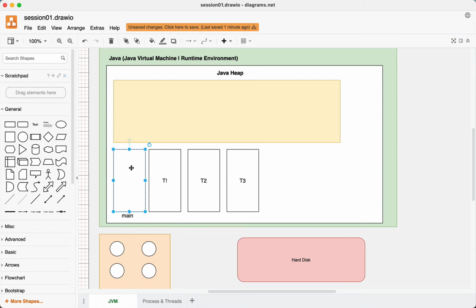This is a stack in the same main thread. And as those functions get completed, they will be popped out, and then the last function that remains is the main function, that also gets popped out, and the main thread is completed. It is eligible for garbage collection. Don't worry about garbage collection, we will talk about that later if time permits. That's how it is.